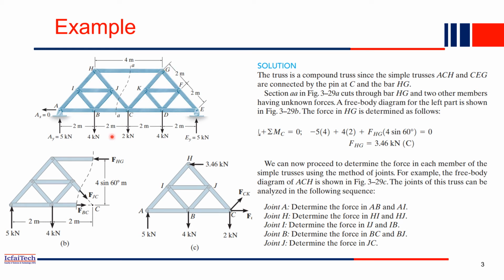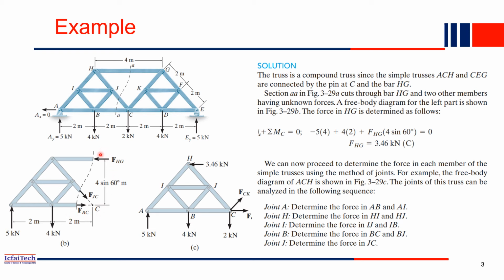Now what we'll do is take a section here. We'll separate out the two simple trusses. Once you make this section, it passes through this member and this member. Three members it crosses. So we can calculate, using the method of sections, the member force for all these three members. So this is the section. If you see the free body diagram for the left side, we have taken a section here. That means we have exposed the forces FHG, FGJ and FBC.